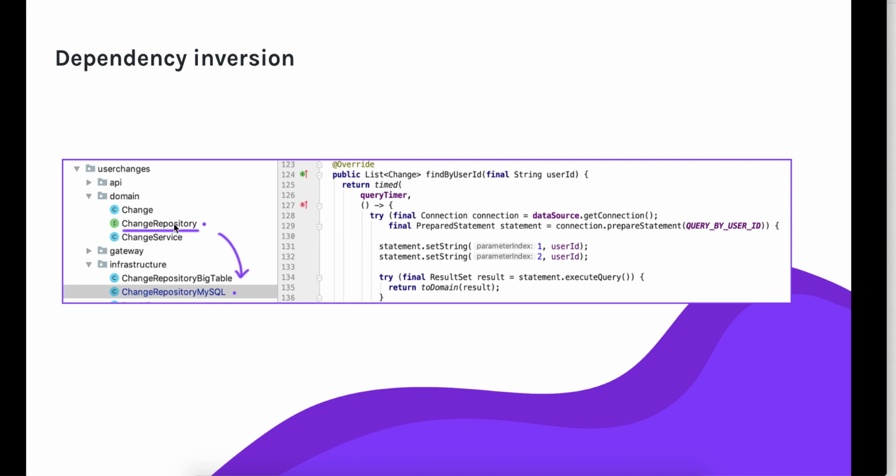It has some methods in that interface, but they are not implemented. And then in the infrastructure layer, depending on what sort of technology I use to implement that change repository, I can have a MySQL, can have a Bigtable. And then as you can see, in the change repository MySQL, I have actually overridden the find by user ID that this change repository has, right? So then this is the implementation that I need to pass a user ID and then gets the change